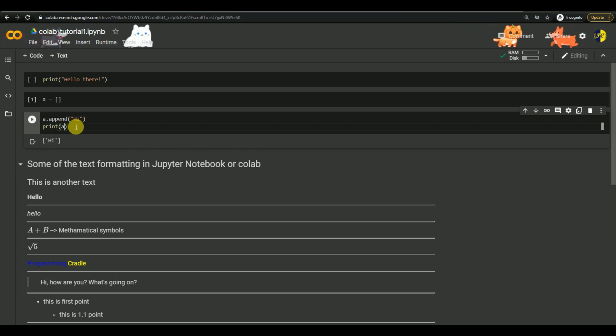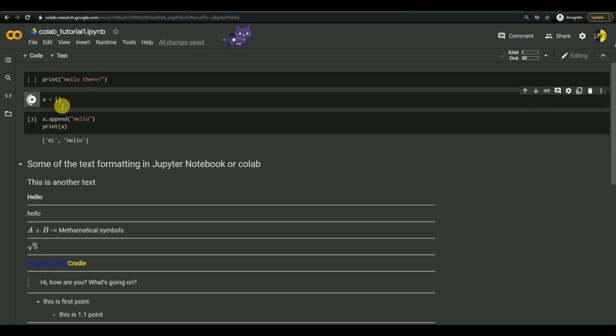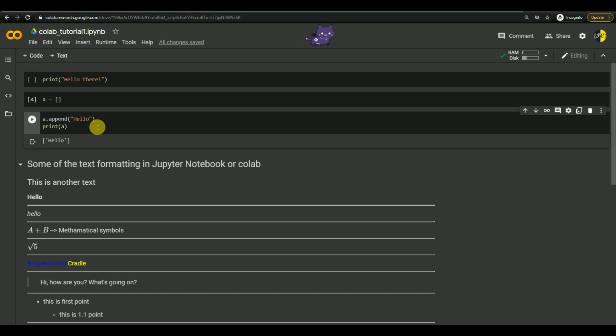And when you execute it, you realize you don't want hi, you want hello. So you updated your list with hello and you executed it, and you saw it is having the previous value and the new value as well. So you will be confused why this is happening, because you are not used to it. This is very simple and small code, so you know what the problem is. All you need to do is run this initialization cell, and again run this, and it will work perfectly fine.